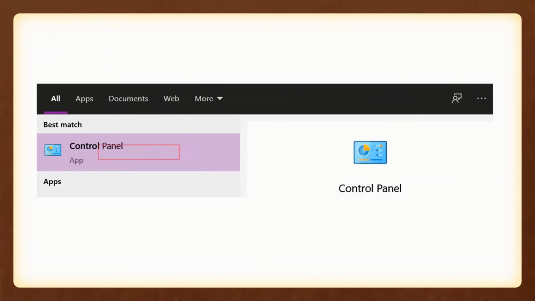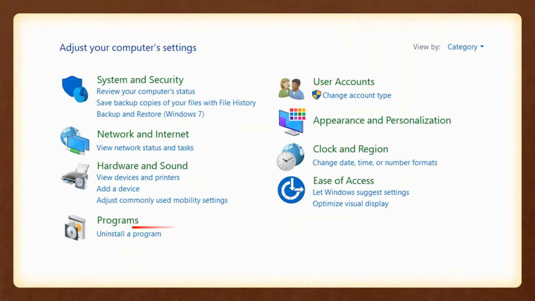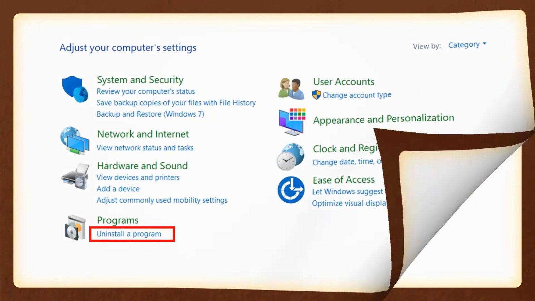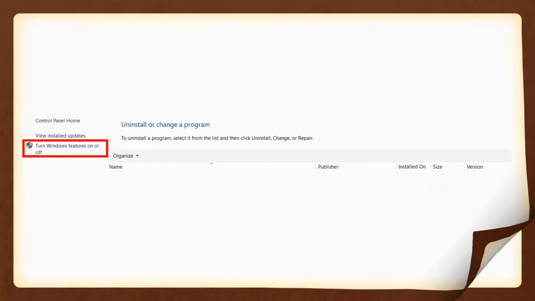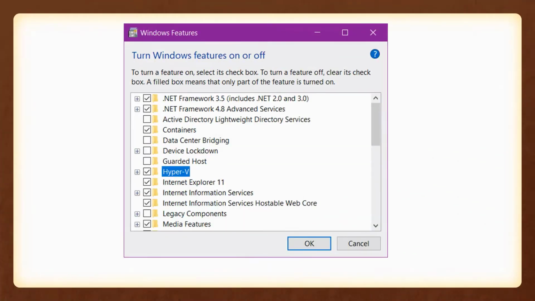Go to Control Panel. Then click Uninstall Program. Then on your left side, click the option Turn Windows Feature on or off. Now in the Windows Feature dialog box, if you are unable to see containers and Hyper-V options, this means that